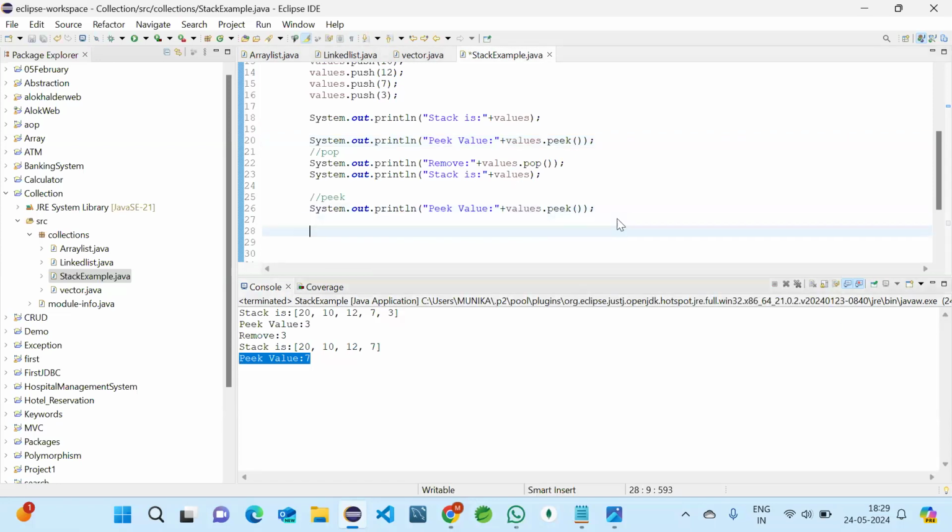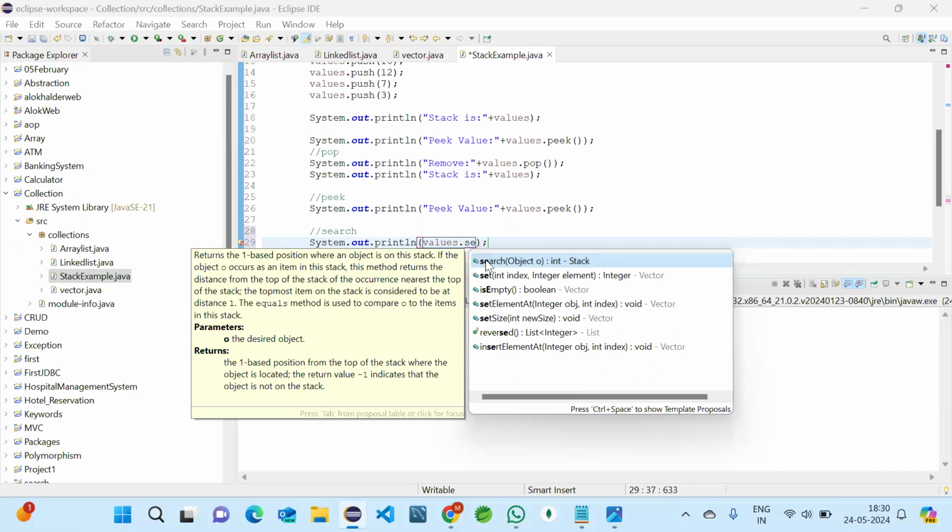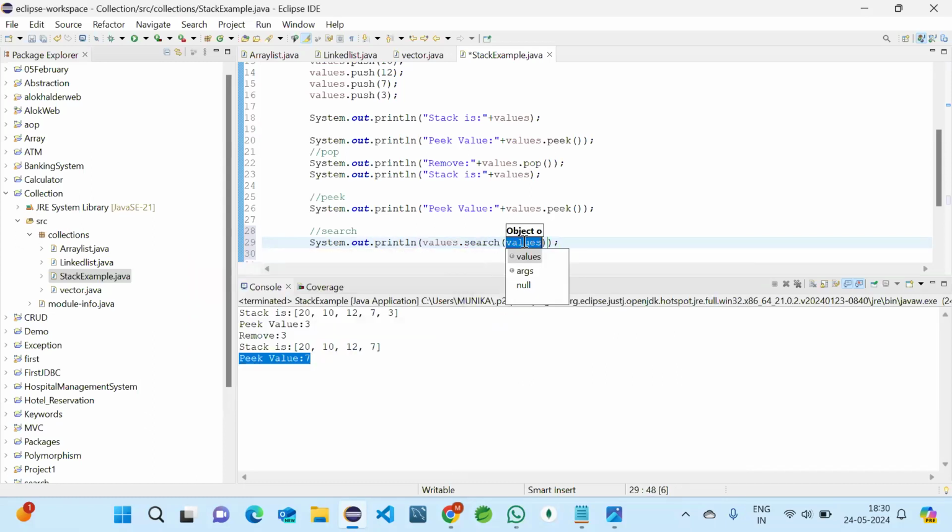And if we wanted to search something, I will take values.search. I wanted to search, let's say, 12.